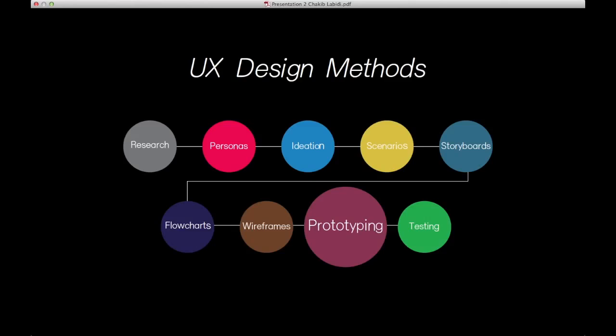You would probably add more methods to it, or maybe swap a method with something that is more adequate, depending on the project that you're working on. We are here at this particular stage, the prototyping. We've done all the research, personas, ideation, came up with ideas which we tested in scenarios and storyboards, then used a flowchart to map out the user journey, and then